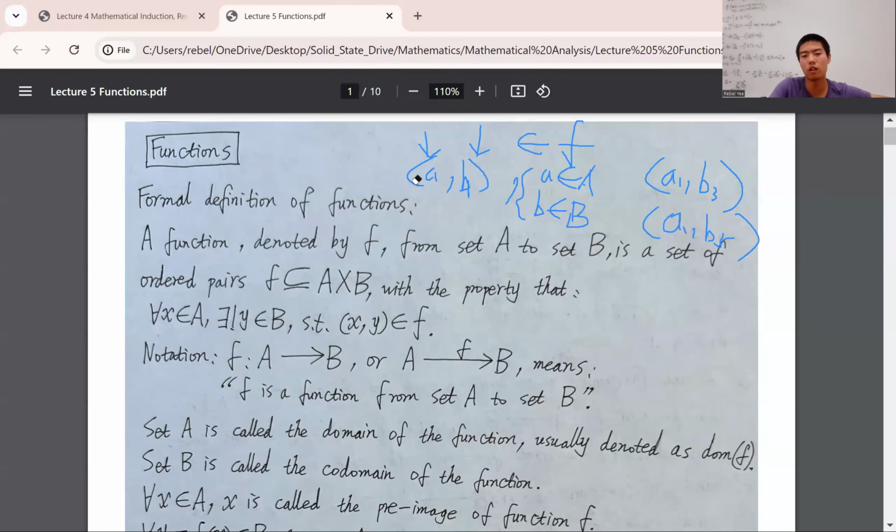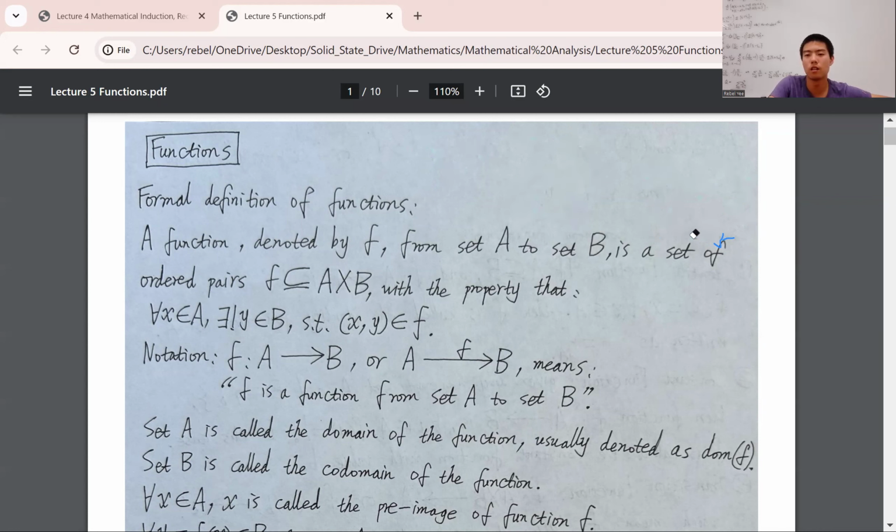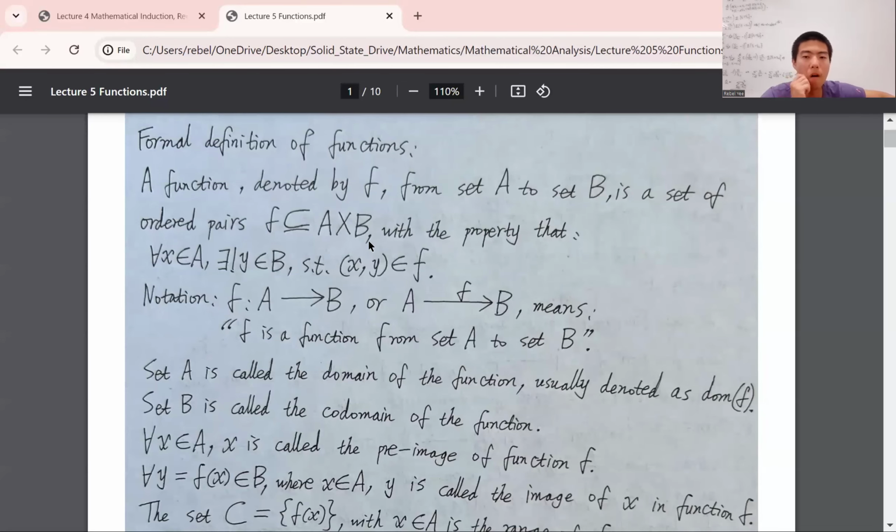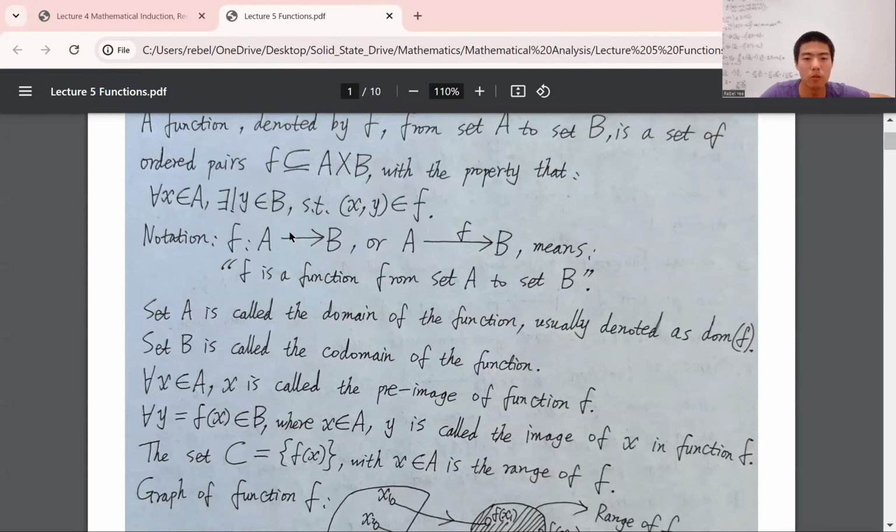The definition of a function is very important when we discuss the type of function, whether it's onto or one-to-one, because the second coordinate can pair with the first coordinate only once and is unique. So this is our definition here. And for the notation, we use an arrow to denote it. So f: A → B means f is a function from set A